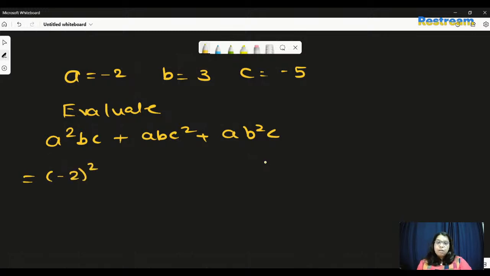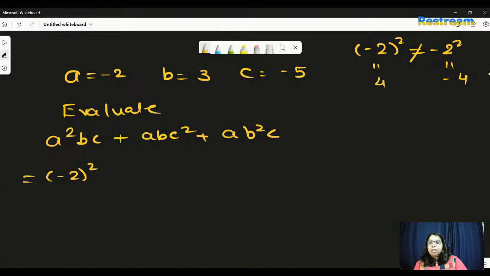Now in this case we have to remember that -2 the whole square is not equal to -2 square. Okay, -2 the whole square will be 4, and this is going to be -4. So whenever you are squaring a negative number, remember that you are squaring it along with its sign, not just the individual number. Okay, so it is -2 square times 3 times -5 plus